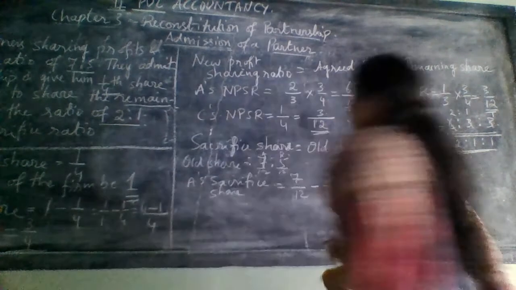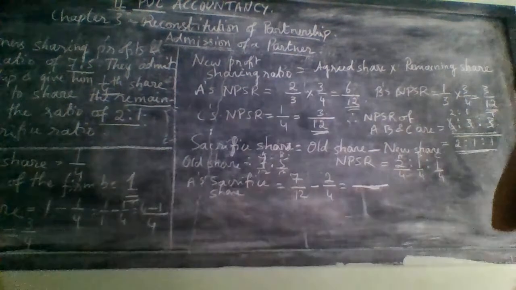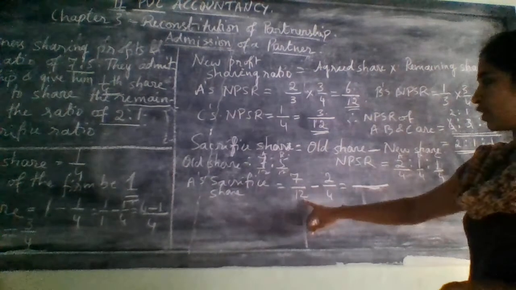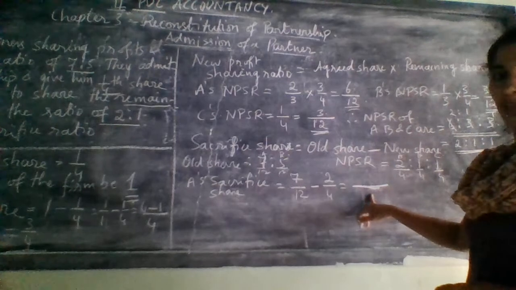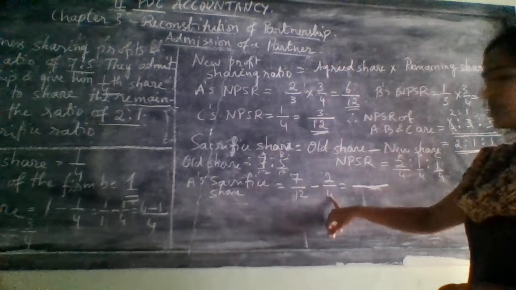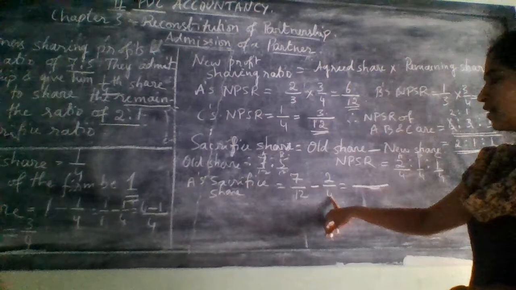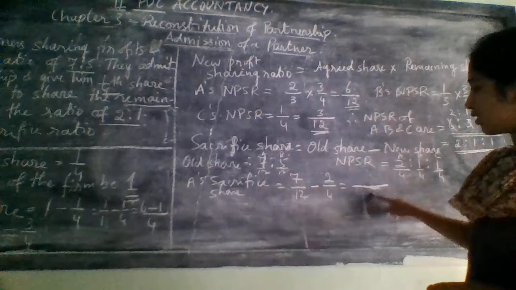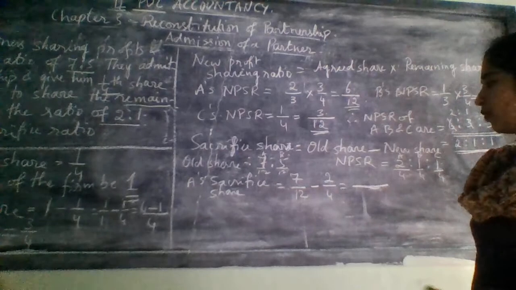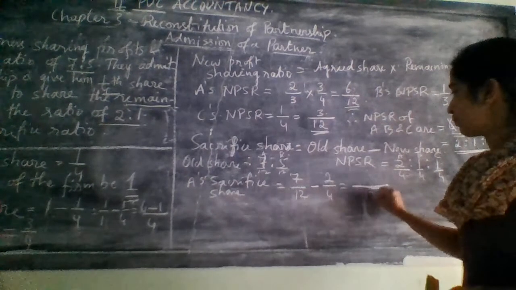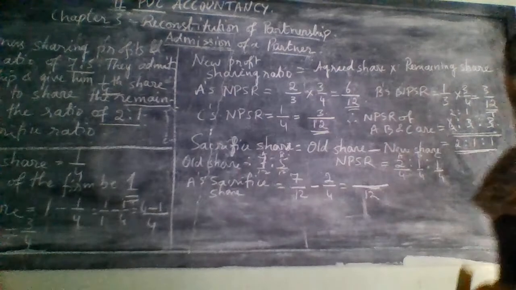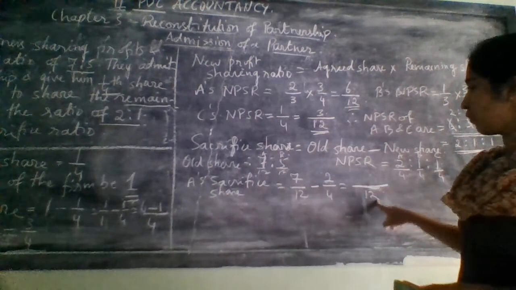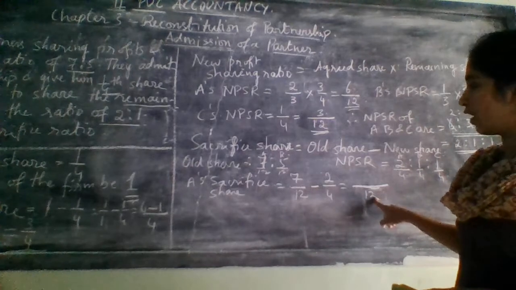Common denominator. You can do it in two ways. If you are taking the highest denominator as the common denominator, just check whether 12 is divisible by 4. Yes, it is. 4 threes are 12. Then you can consider 12 as the common denominator for both fractions. So 12 and 12 here.